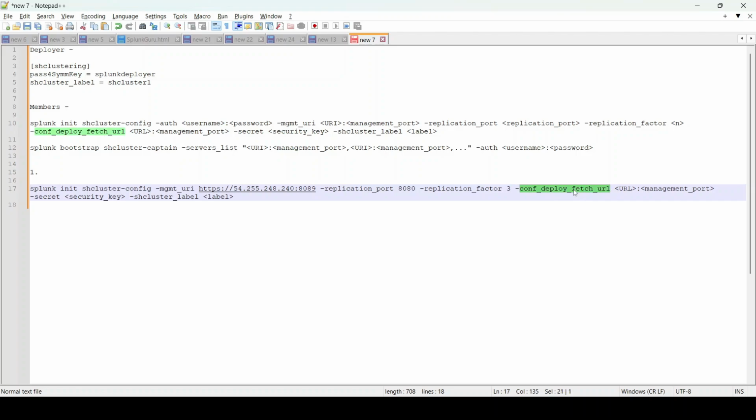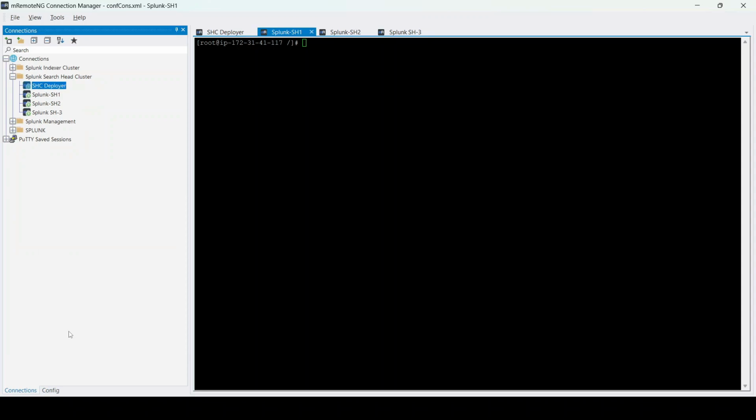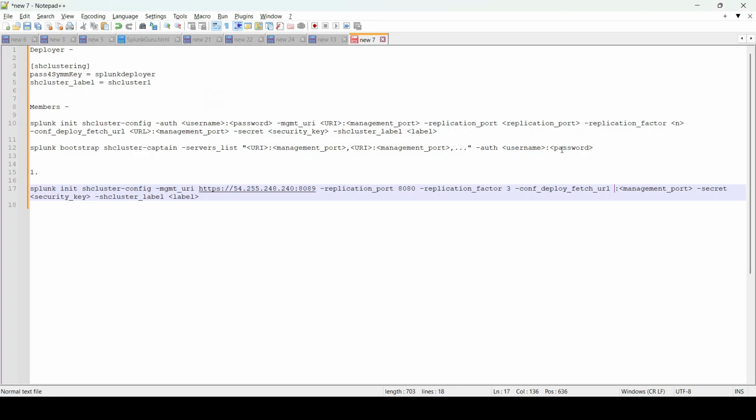Conf deploy fetch URL. So this is the important thing. In the search head clustering, it works both ways actually. Your deployer can push the configs to your search head clustering members, and even your search head clustering members can pull the configurations from the deployer. So here you need to provide your deployer IP or host name. So let's pick the deployer's IP and use it there. So that's the deployer's IP